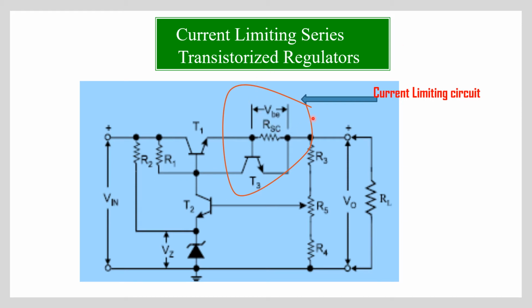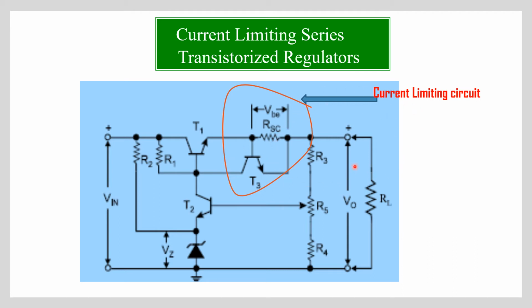So the transistorized series regulator is modified with the current limiting circuit. Why is it required? Because if the output terminals of the power supply are accidentally short circuited, then the load current increases dangerously to a high level, and this current may destroy the series pass transistor as well as the Zener diode. Hence, it is necessary to control the load current, and for that purpose, a current limiting circuit is introduced in